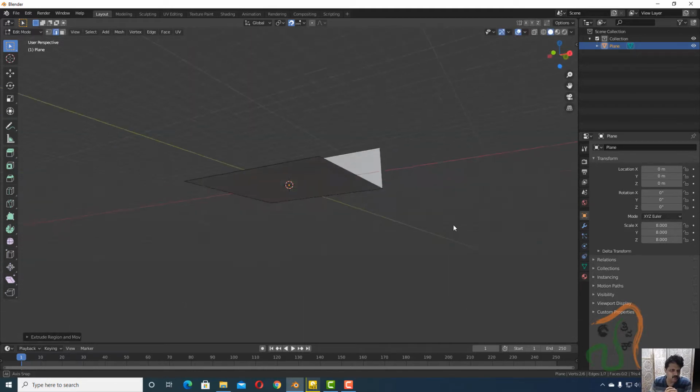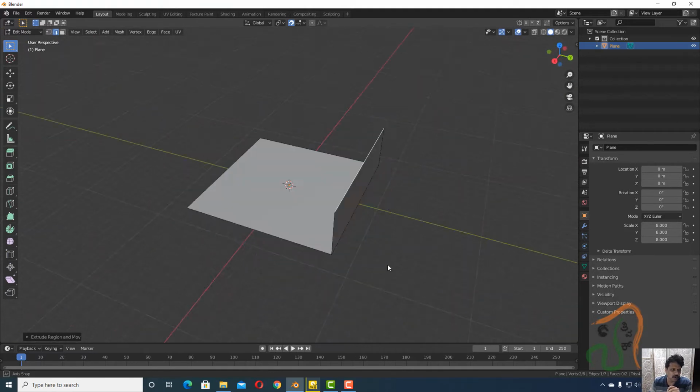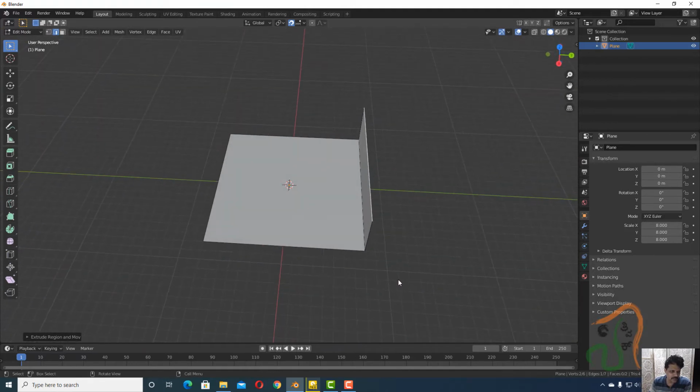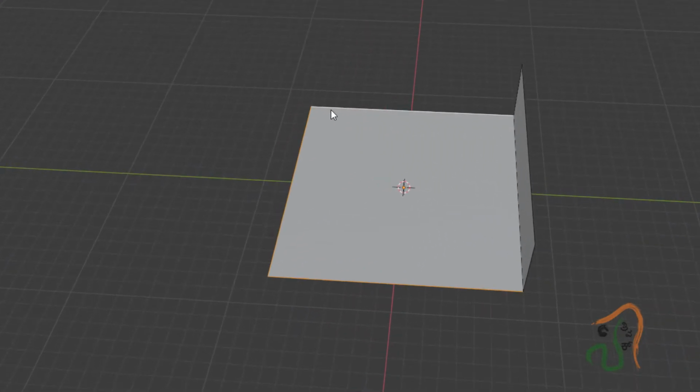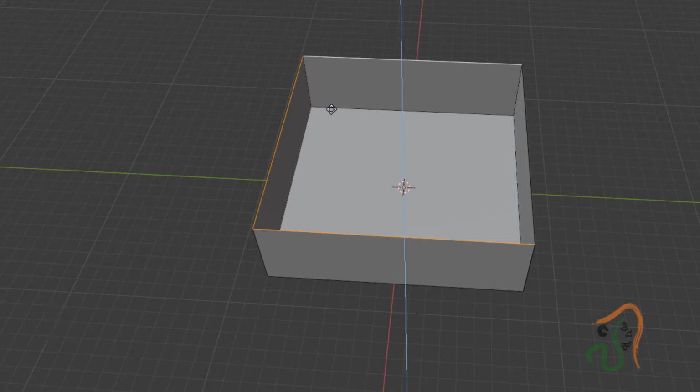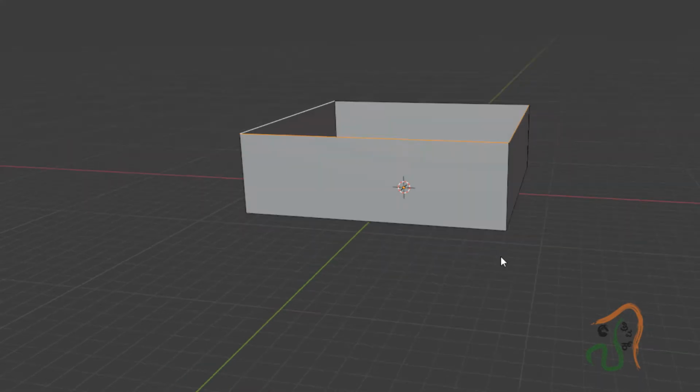So from 5 units we extruded one side, and after extruding one side, again with edge mode selected, select one edge, with shift select the second edge, with shift select the third edge, and with all the 3 edges selected, now press E and Z and type 5. So we have the extrusion done. Now click and apply the extrusion.